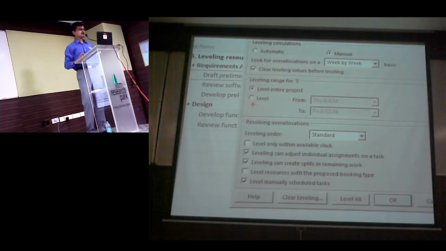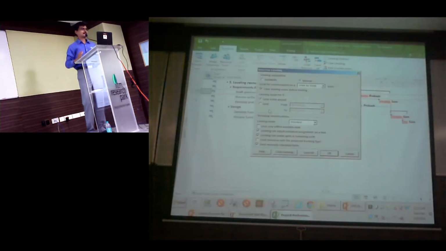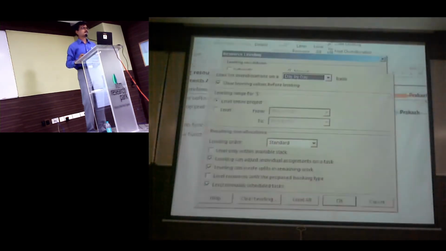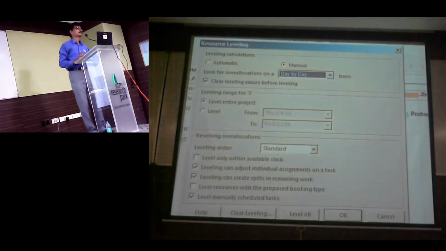The next section talks about leveling range. Sorry, yes sir. You say that overallocation on a week by week basis, it will be saved from this project? It is not, actually. This is a setting that is saved in the system.